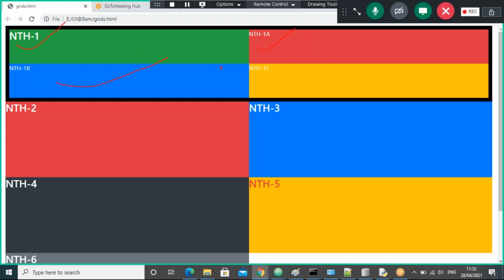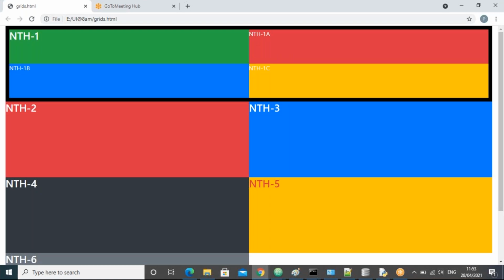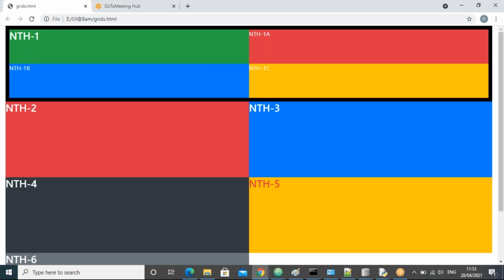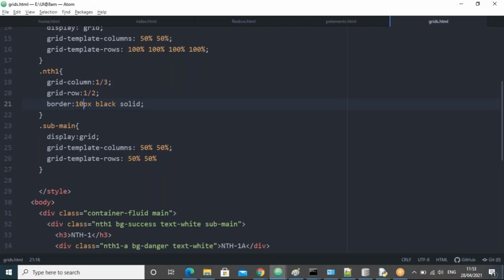Then again, we have three divisions, guys. So all of it is clear, right? Okay, that's fine. So this is the way how to work with nested grids, guys. Nested grids: a grid in another grid. That's fine. All right.